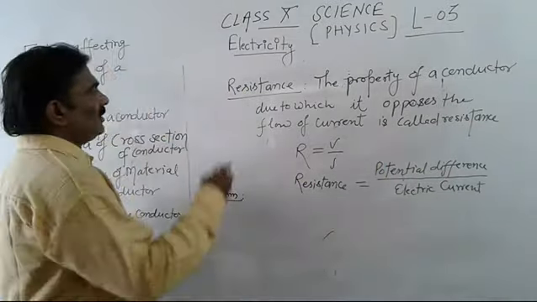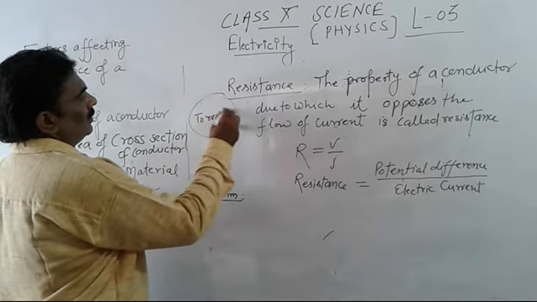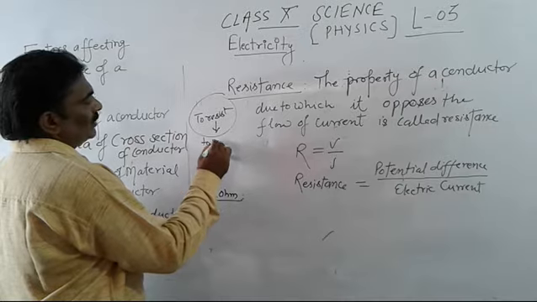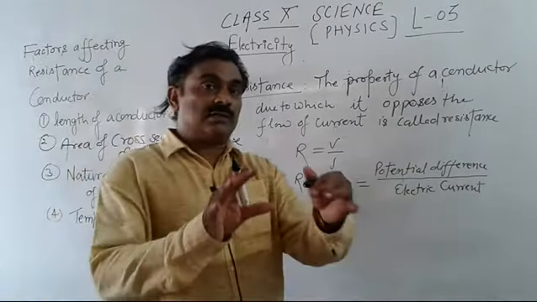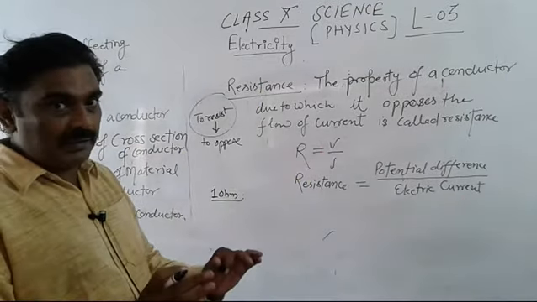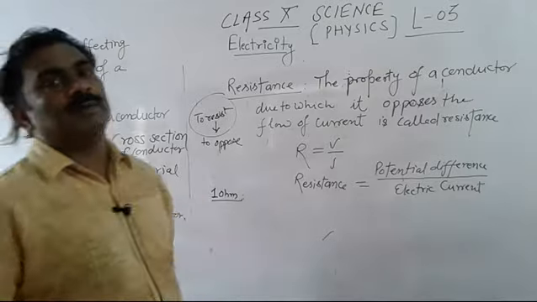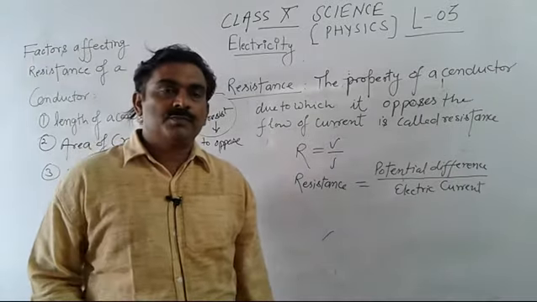Resistance actually बना किससे है? To resist. To resist means होता है to oppose. ये किसको oppose करता है? The flow of current को. तो the property, it is clear that resistance is a property of conductor, whereas resistor is a small device which